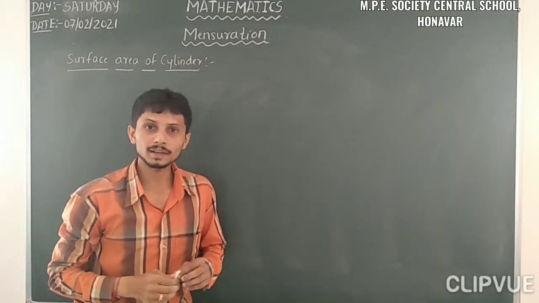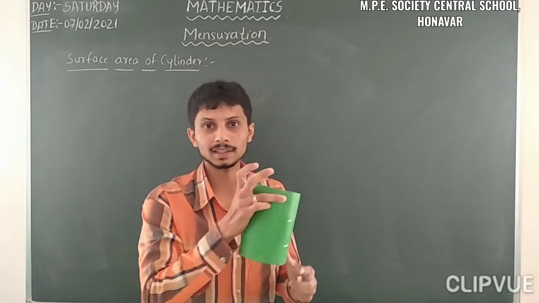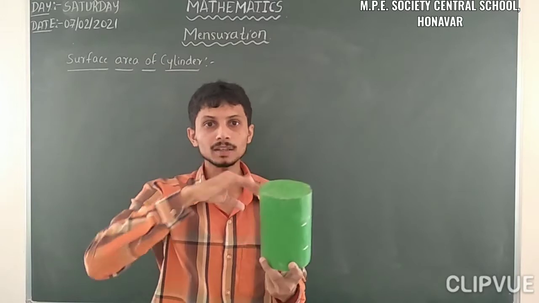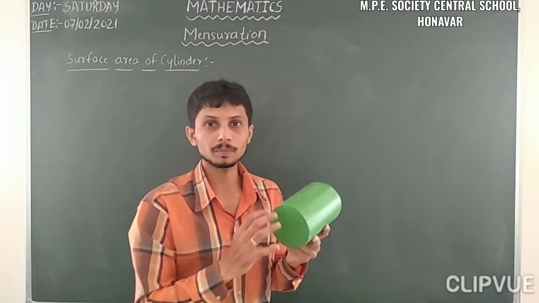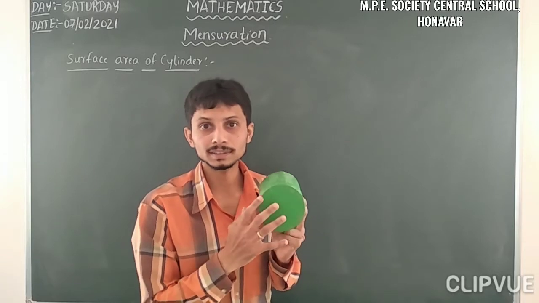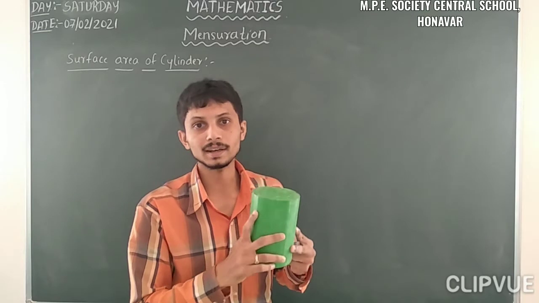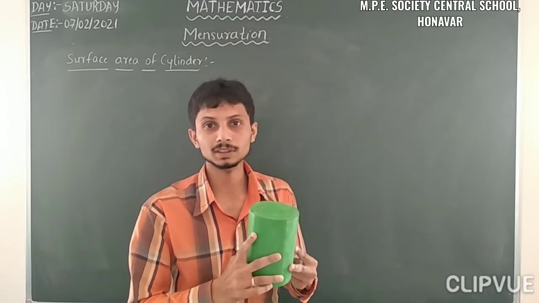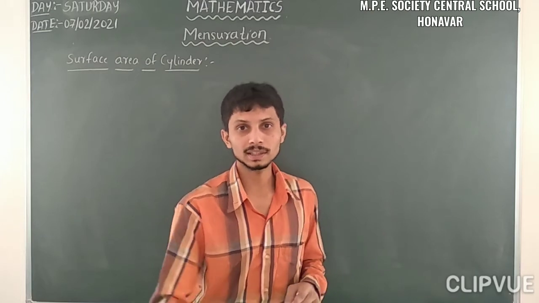Yes, cylinder, we already know, like gas cylinders. So this is in the shape of a cylinder, like this. Here we have the curved part, and here we have the top, it is a circle, and the base also looks like a circle. So here it is the solid shape, that is cylinder. Already we know that this is a three-dimensional figure. Yes, so let us know about the cylinder first.